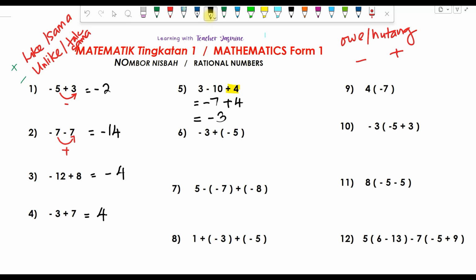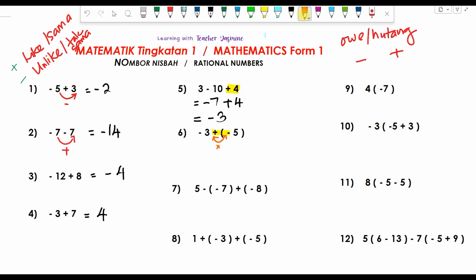Okay. Alright. Now let's look at this kind of questions. Now I've made it a little bit harder. I've added a bracket. Okay, but it's not that big of a deal. Bracket in mathematics means darab. Okay, brackets means times. So there is a symbol outside and inside the bracket, right? You can see there's a symbol outside the bracket and then there's another symbol inside the bracket. So what do you have to do with these two symbols? Both of these symbols kena darab. Sebab dalam matematik kurungan bermakna darab.